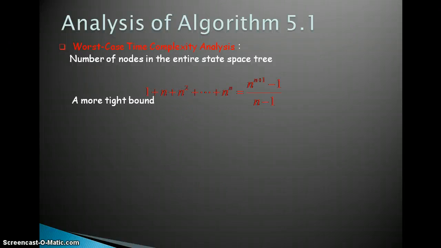So it will be something like 1 plus n plus n square up to n to the power n, which is n to the power n plus 1 minus 1 divided by n minus 1. So we can roughly say it is up to